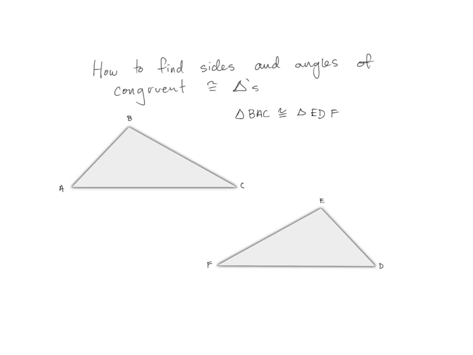Now, the order of the letters is important because it tells you which vertices or segments are congruent to which. So in this case, B and E are your congruent angles of both triangles, and we know that because B and E are the first letter. Same thing with A and D, since they're the middle letter, those are the angles that are congruent, or will be the same size and shape. And same goes for F, where this is your third letter, and we know that C and F